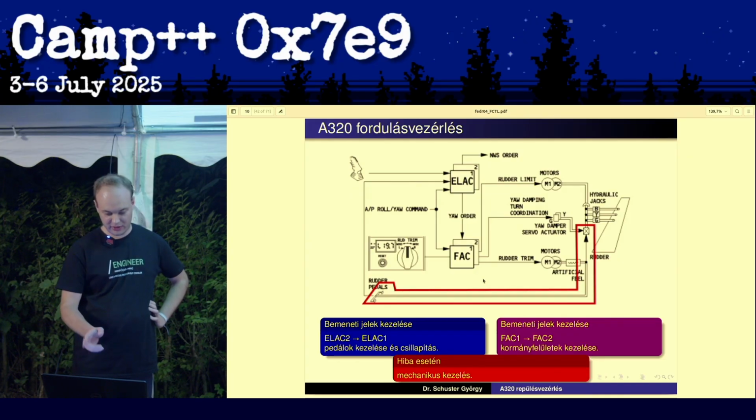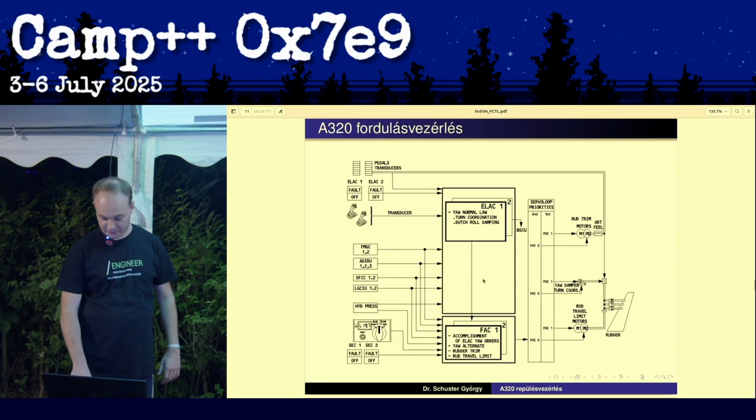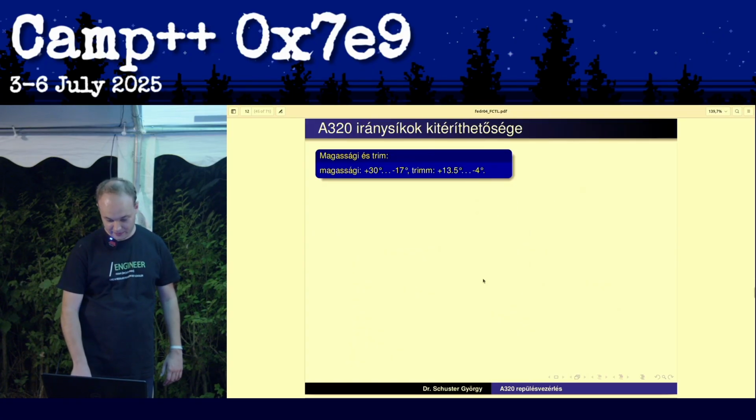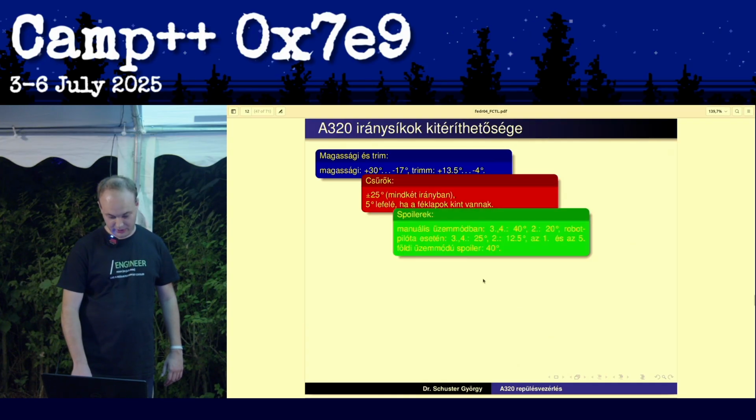There is a mechanical link from the rudder pedals to the actual hydraulic valves of the rudder. And there's again the same thing I showed earlier, that parameter, and this is the maximum deflection of the ailerons and the spoilers in manual control or autopilot control,